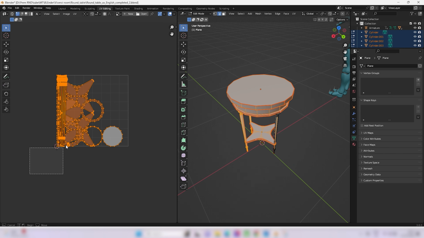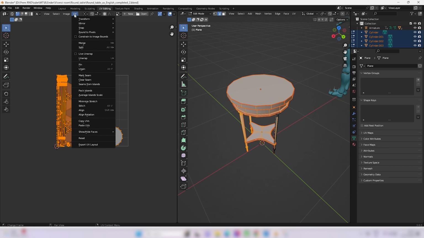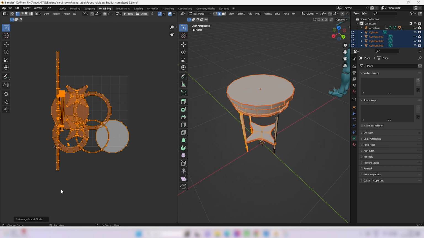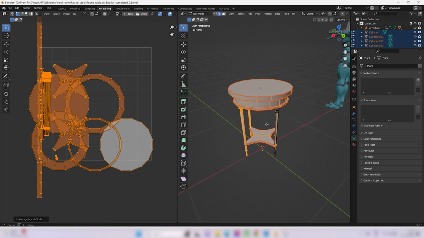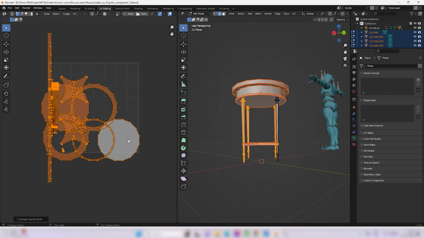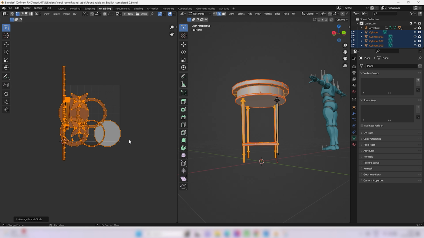To achieve this, I select everything, go to UV and choose Average Island Scale. What it does is make the bigger objects bigger and the smaller objects smaller. So I give Average Island Scale. Now you can see the results, right? This and all came out smaller, and I told you this should be bigger, so it is bigger than this. So the scaling is fine,